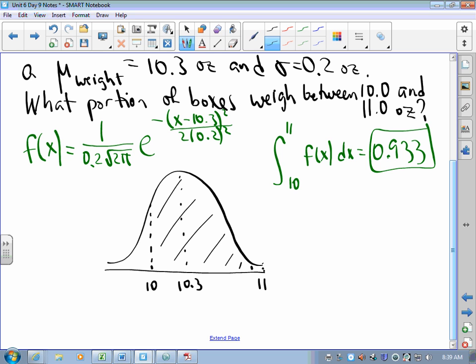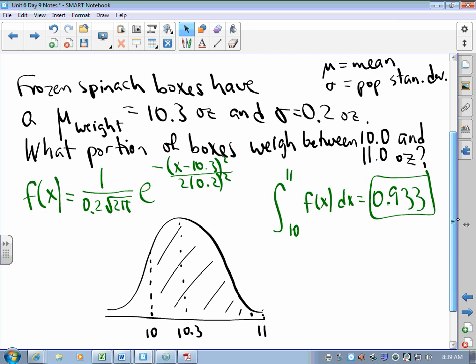This area, and the area is a definite integral. That area represents the probability of the event occurring. So again, we use the integral as the area under a curve to help us solve a problem. And if you haven't been figuring out that integrals help us solve problems, then well,